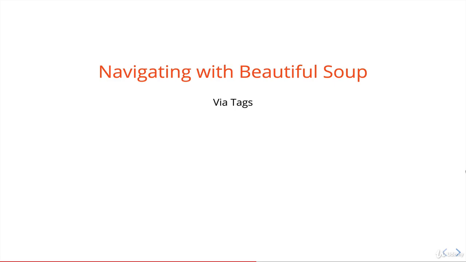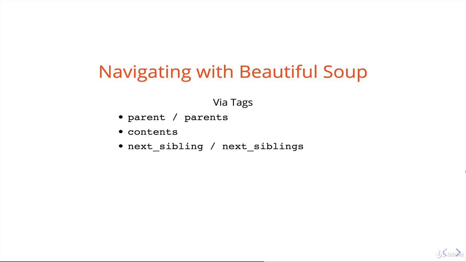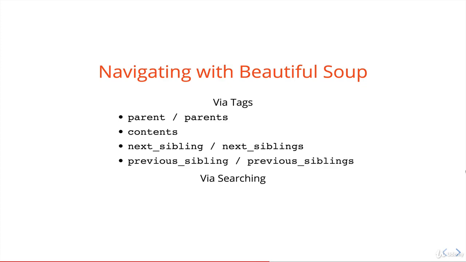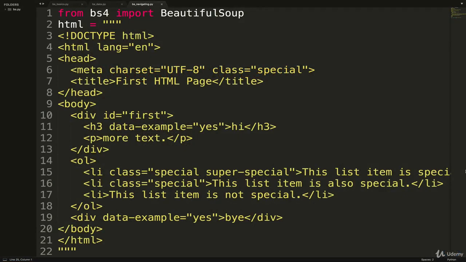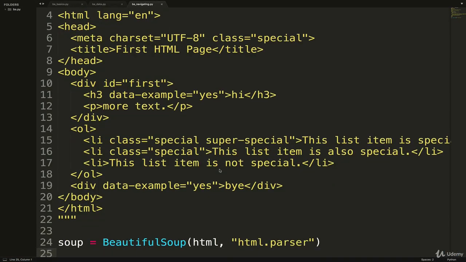And I'll briefly just run through what we'll see in this video. So we'll see how to do it two ways. The first is to do it via the tags using attributes called parent, contents, and next sibling. Not methods, but actually using attributes. And then we'll see how to do it with searching, where there are methods, find parent and find next sibling is what we'll talk about, as well as find previous sibling. If you're still confused, I think it will make, I pray, it will make more sense in this example.